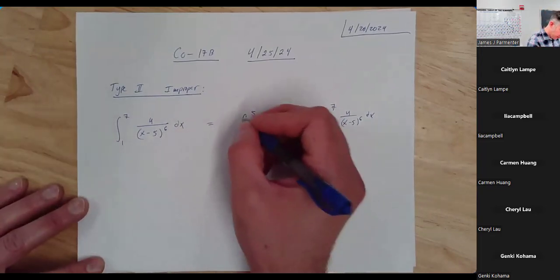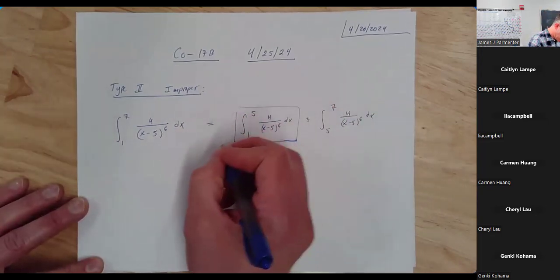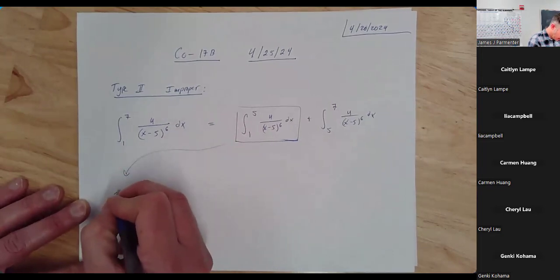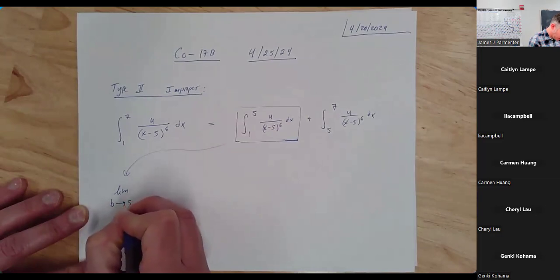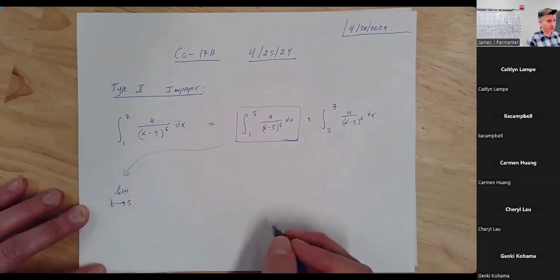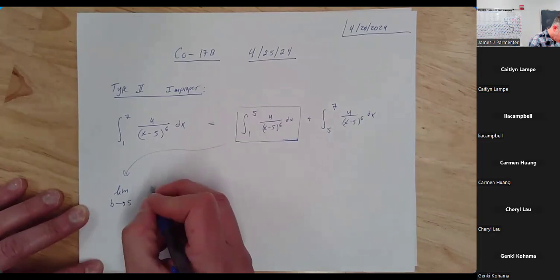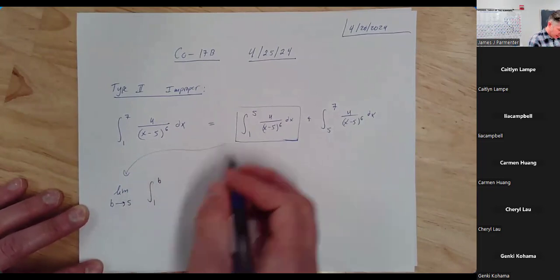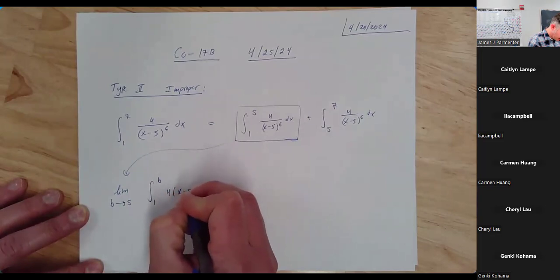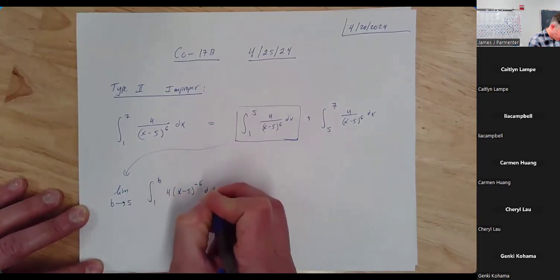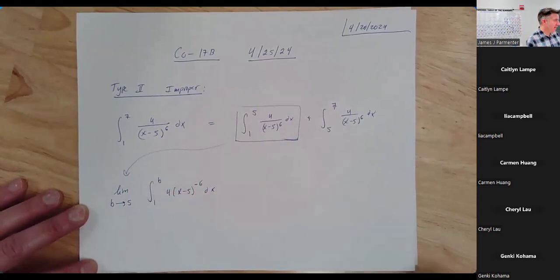Great. I'm going to rewrite this as the limit as b approaches 5. You all should figure out which side of 5 we're approaching from. The integral from 1 to b, and I'm going to rewrite the integrand as 4 times (x minus 5) to the negative 6th power. All right, we're approaching 5 from the left